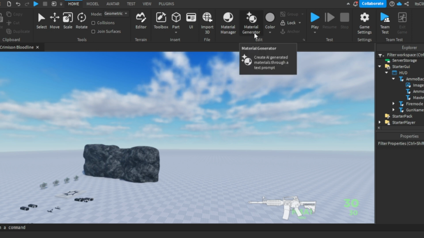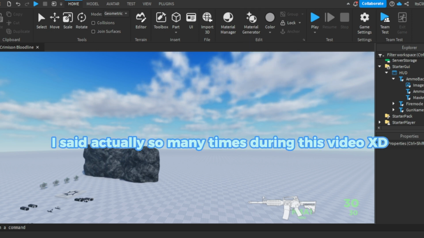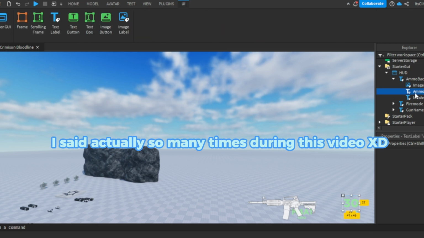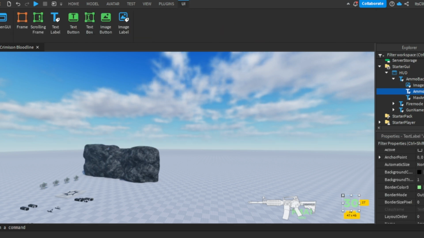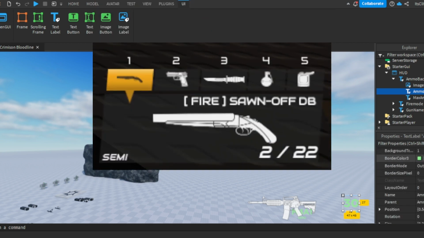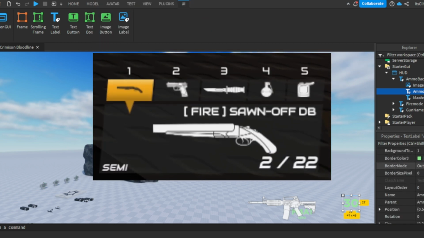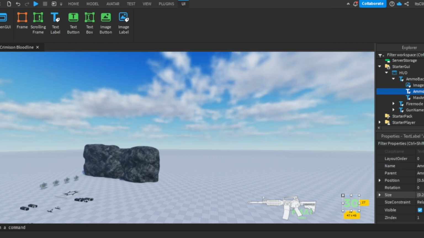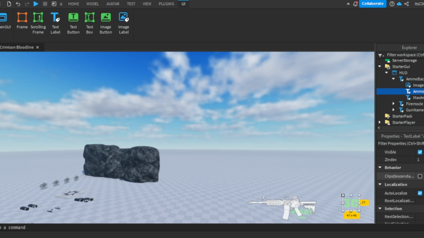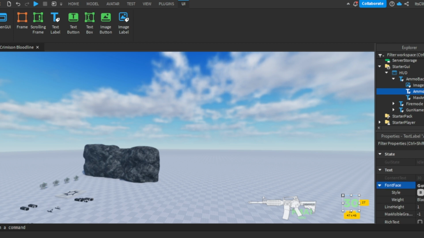Now, what I'm gonna do next is see if I can get the text. So I did notice in Bomb Line, there was some text, I don't know what the actual text was, but it looked really nice. So I'm gonna find it, and I know it should be in the Roblox font based thing, because usually when you're making UI, I don't really think you can have your own custom one. From what I can see, I believe it might have actually been